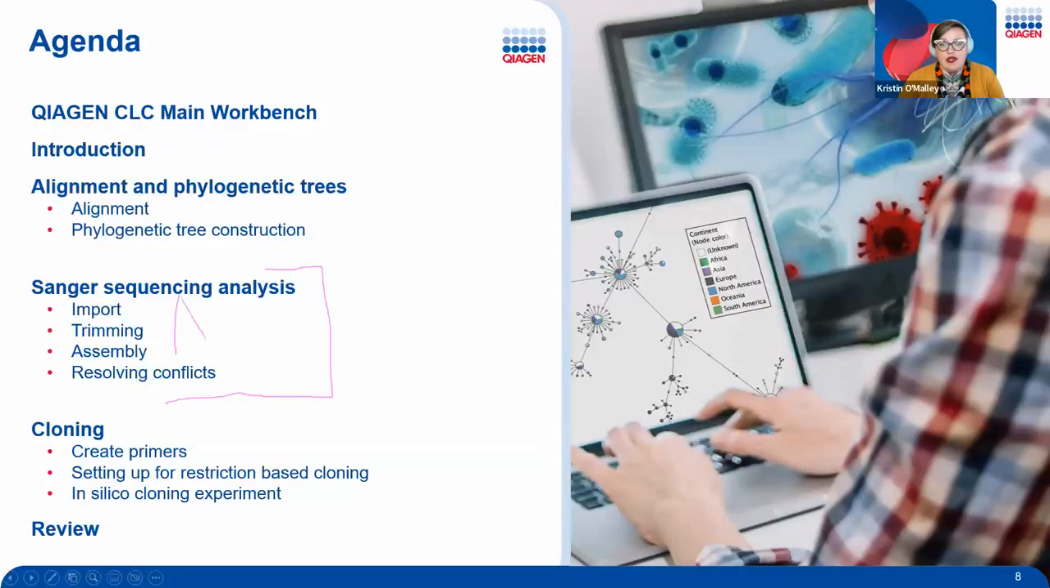So I'll show you guys how to import, perform a standalone trimming, as well as an assembly. And then we'll go through and I'll show you how to resolve any conflicts so we end up with a really high quality consensus sequence. And then our last outing for today is going to be a cloning experiment. So I'll show you guys how to create primers and set up for restriction-based cloning, as well as perform an in silico cloning experiment itself. So with that,